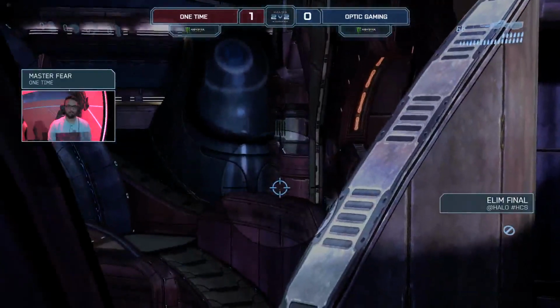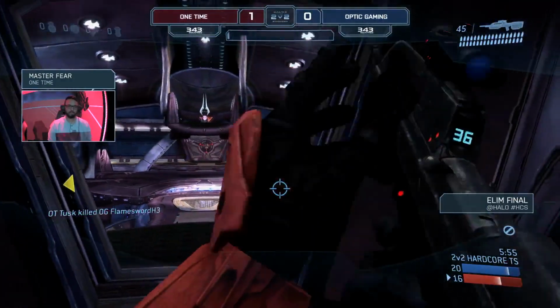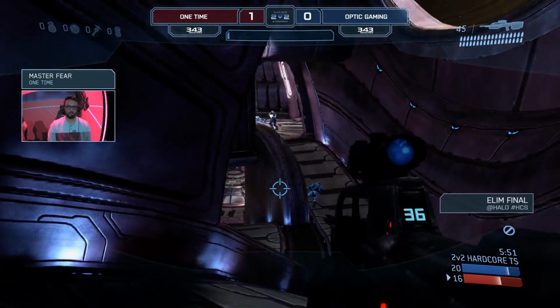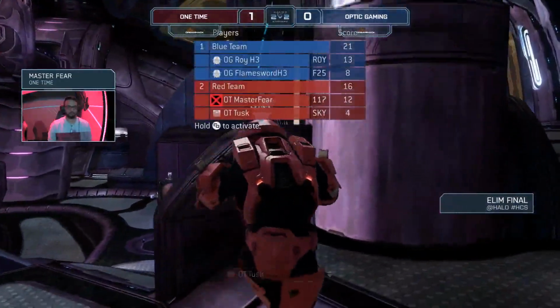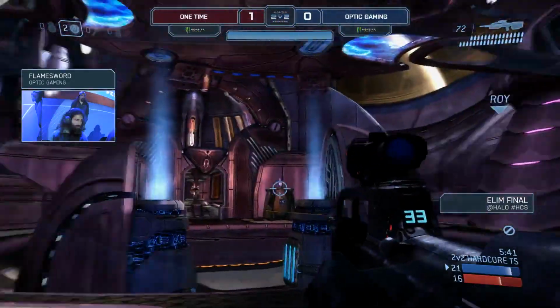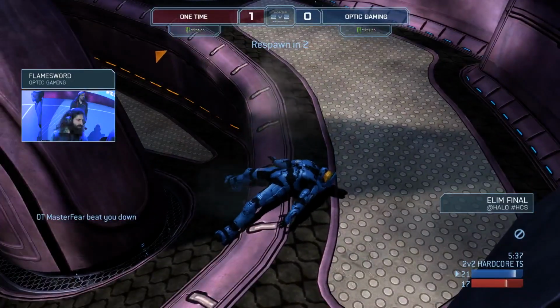Up by 5 here. It's a very different game 2 in this series for them. Certainly not over, though. It's still a 4-kill game, as you see Tusk picking that one up, so certainly possible that One Time could close this out here if Roy and Flame aren't careful. Yeah, and Master Fear poked out, maybe a little bit overzealous there. Got his shields dropped again before they managed to fully come back. That little shot from Roy there just made Flamesword's life so easy, and just to get that kill and